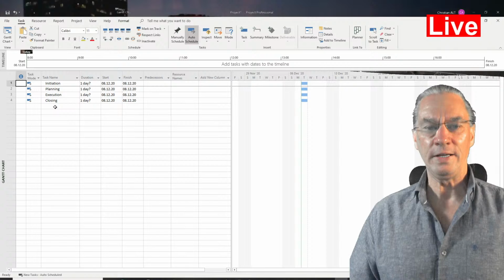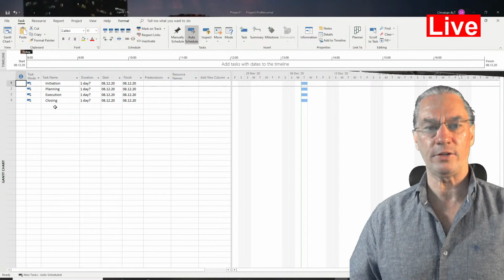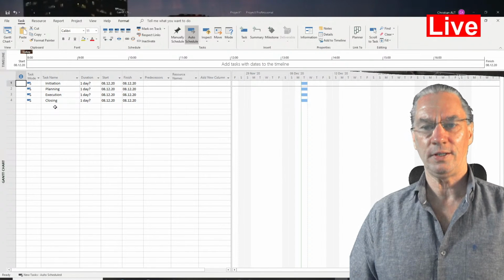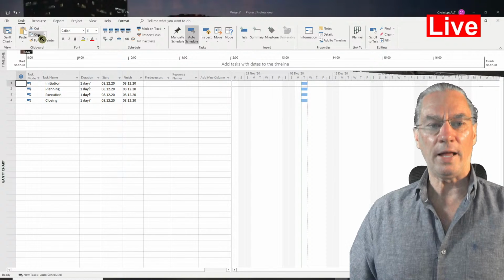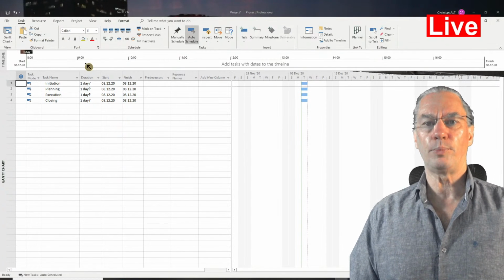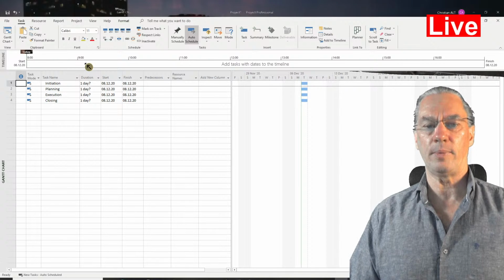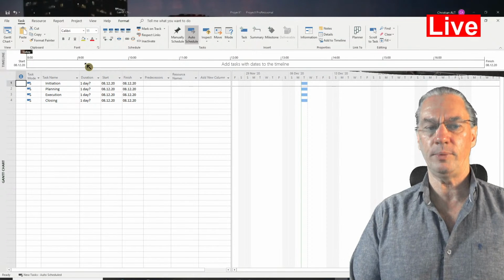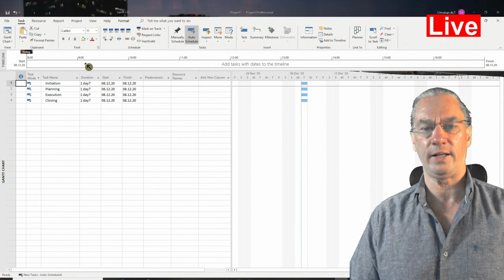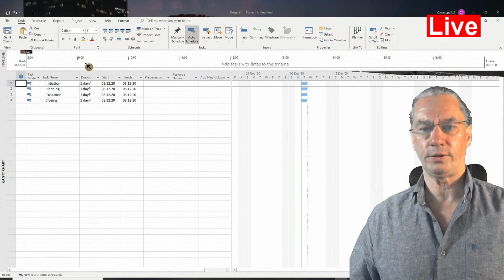The session is about establishing the budget in MS Project. There was an introduction about how to understand the budget. One important point is to understand that the budget is something that we do at the beginning of a project. So we don't have all the details all the time.